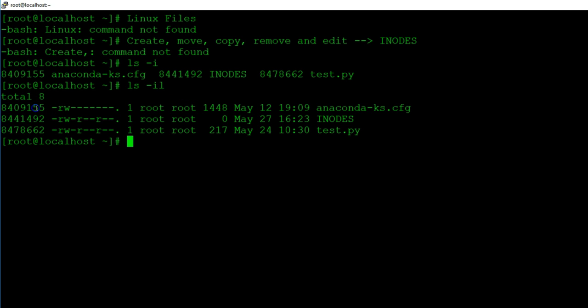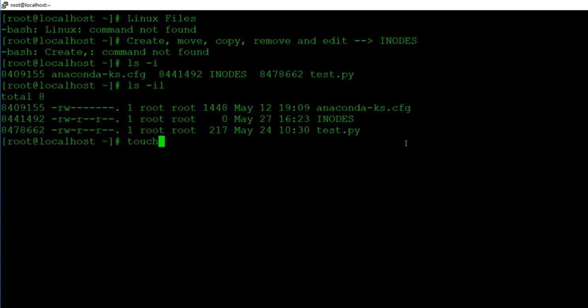So this inode is how the Linux kernel knows where your files are located. So if you want to change anything, that would affect the inodes. Now, do you ever need to use these inodes? No, because it is not for you. It is for the kernel to know where the file is. And this inode is going to have metadata about the file. So when it was created, who created it, which group it belongs to,